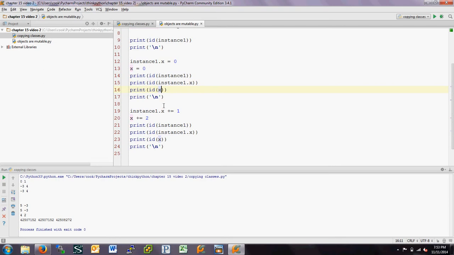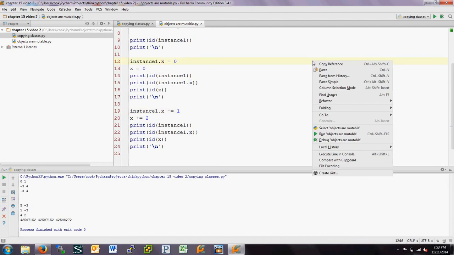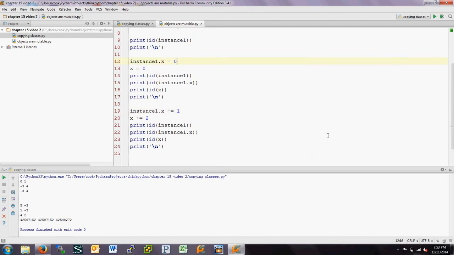But then what we're going to do is we're going to make a change to instance1.x. We're going to add 1 to it, and we're going to add 2 to x, and print out the IDs again, and we'll see, again, something interesting. I think it's interesting. So we run this,